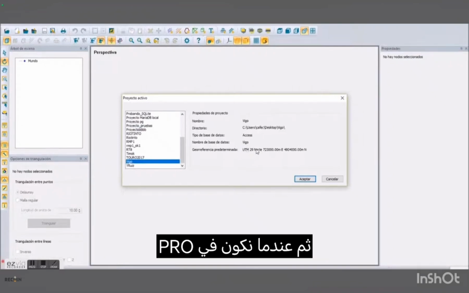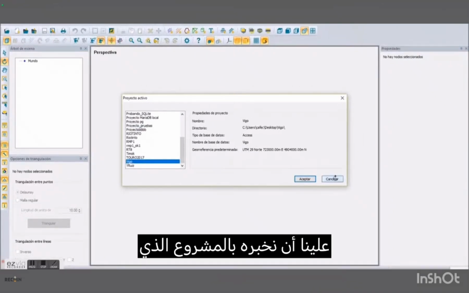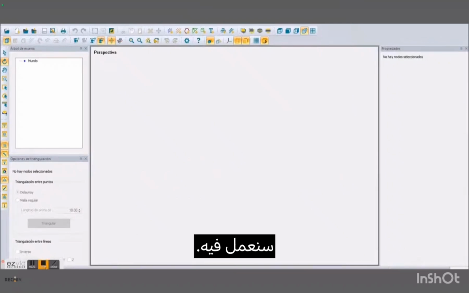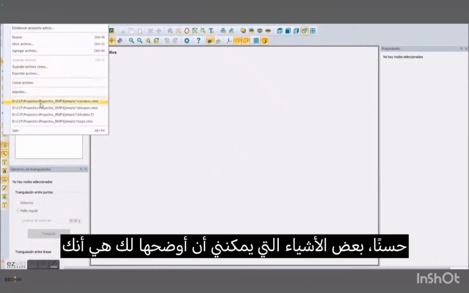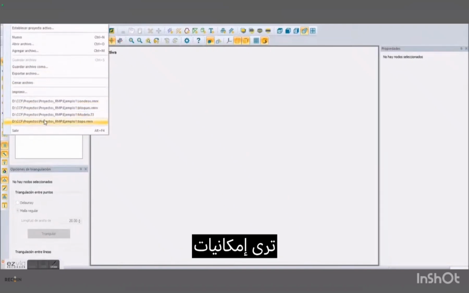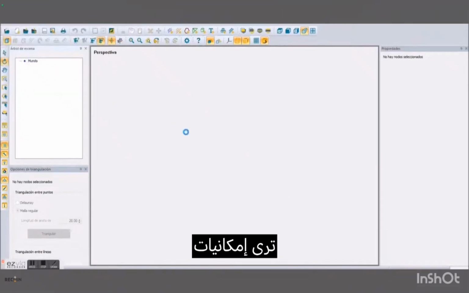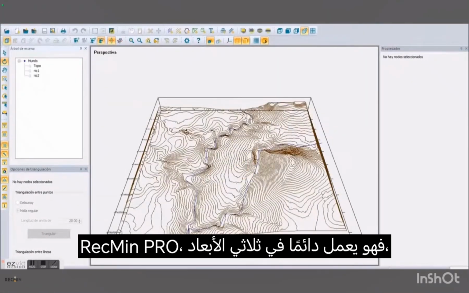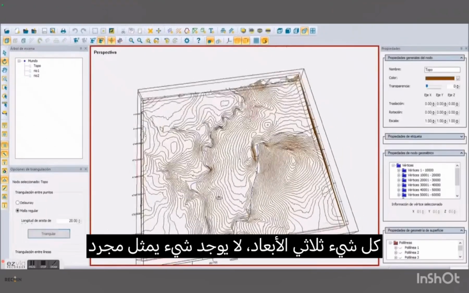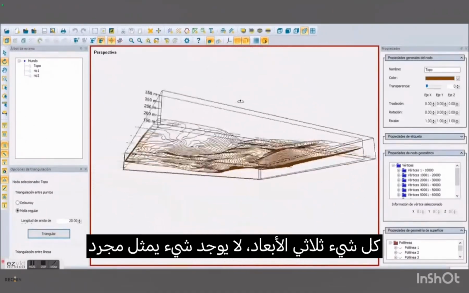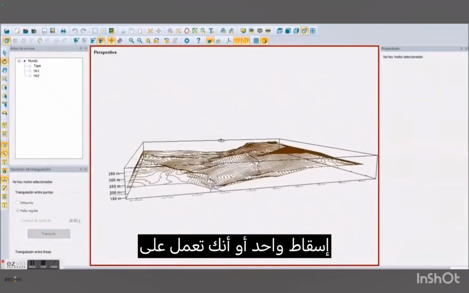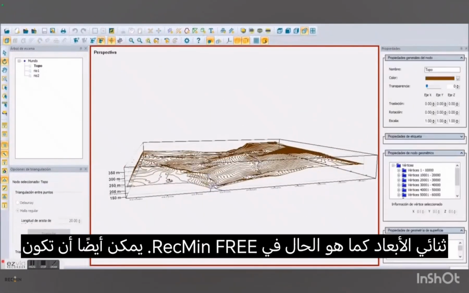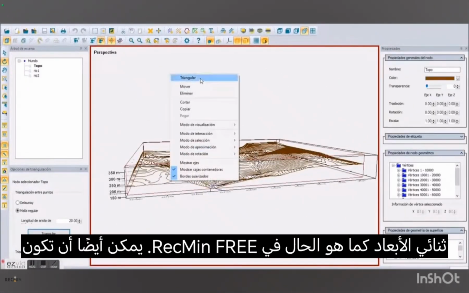Then when we are in the Pro, we have to tell it with what project we are going to work. And well, some things that I can show you so that you see the capabilities of RECMIN Pro is that it is always working in 3D. Everything is 3D. There is nothing that is just one projection. 2D is in RECMIN Free. It also can